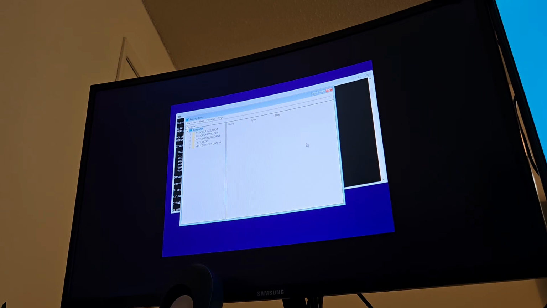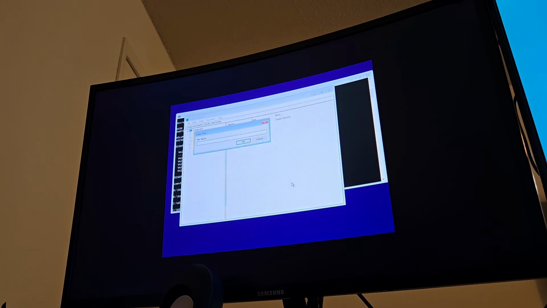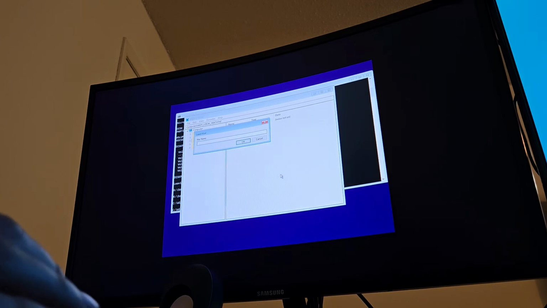So what I'm going to do is navigate to HKEY_LOCAL_MACHINE, press File, Load Hive, and go into Config and SAM. Open. We can name this anything. For the sake of this video, I'm going to name it Temp SAM, but it doesn't really matter what you name it. So now I'm going to open Local Machine, Temp SAM, SAM,